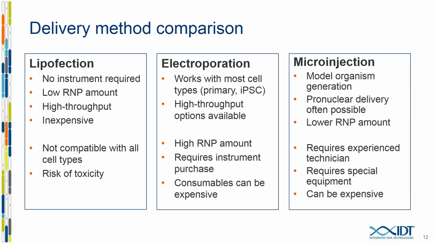The nice thing about some electroporation systems, particularly the nucleofection system from Lonza, is that it does offer a high throughput option, so you can actually electroporate an entire plate at once. It does require higher amounts of the ribonucleoprotein complex, though. So you can't stretch your reagents as far with electroporation, but it still works very well with these challenging cell